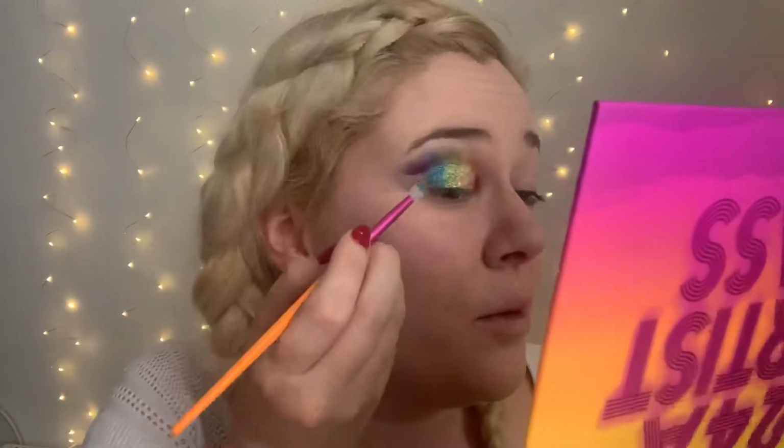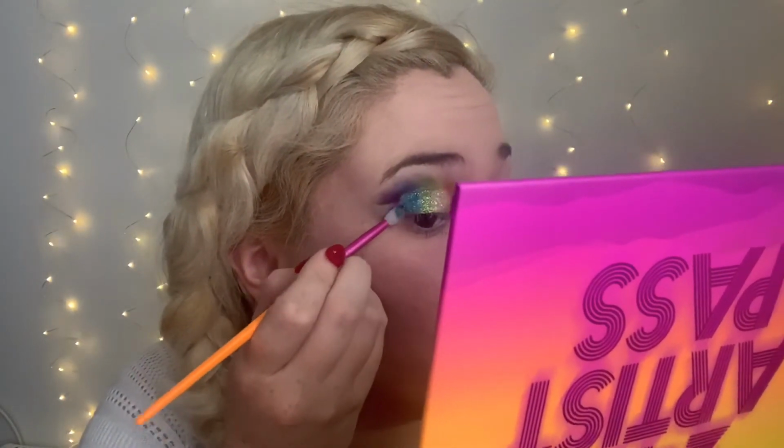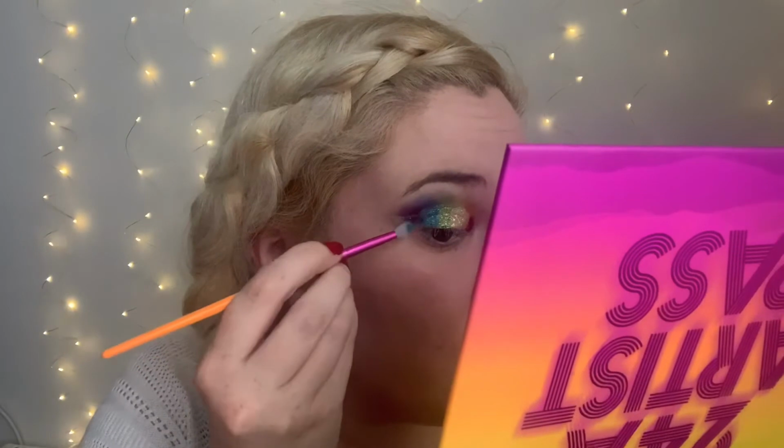And so the last shade, like I said, is going to be Mic Drop from the Saweetie palette. I really, really love this palette. I hadn't even intended on buying it. I just saw it pop up when I was waiting for another one to come back into stock. And I'm so glad that I got it. I feel like people are probably sleeping on this one. But then maybe not, since I think it was out of stock a couple of times when I was on